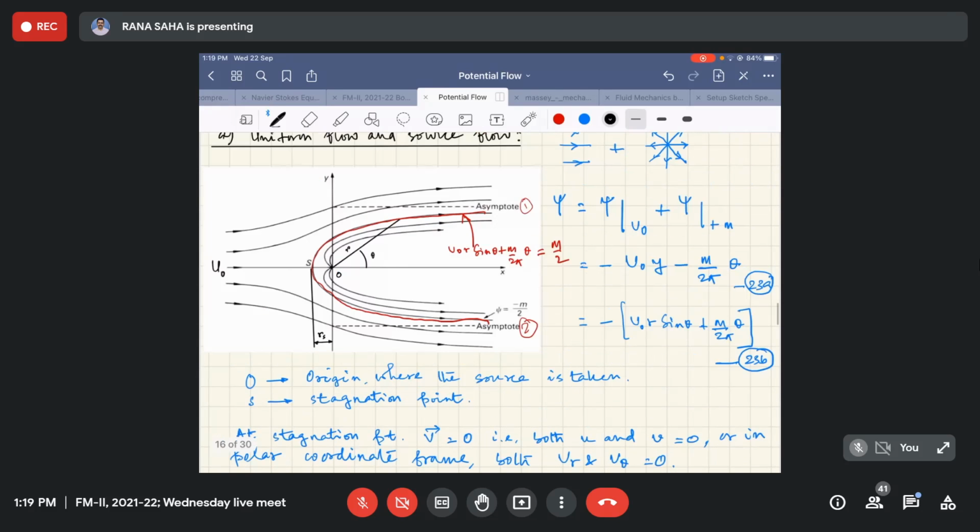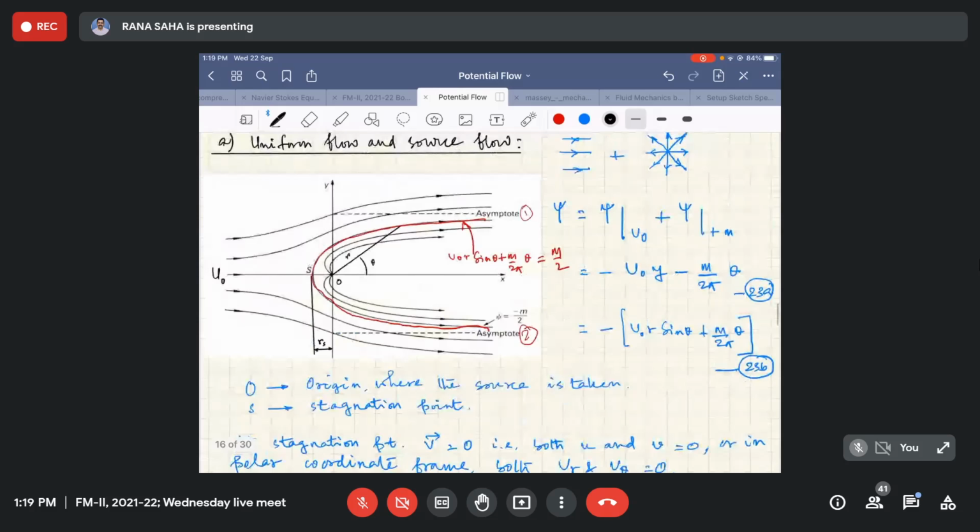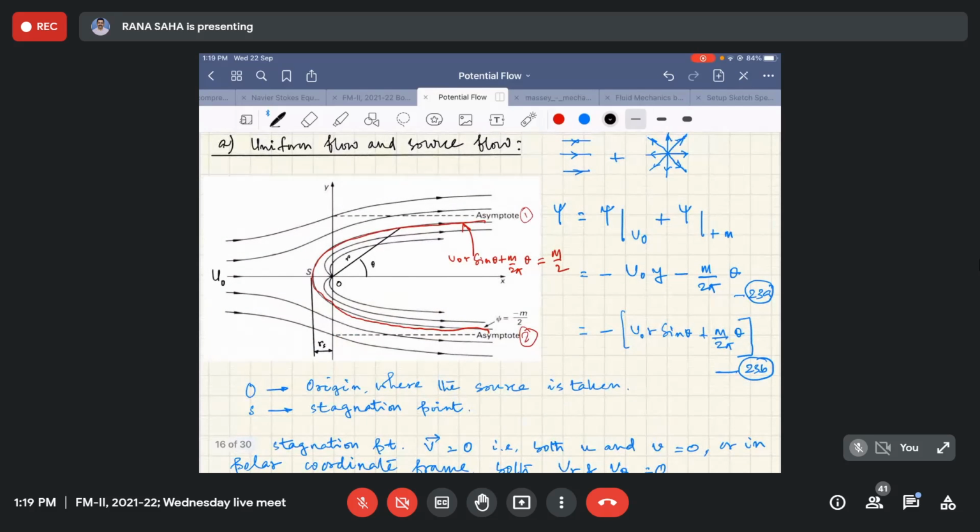Sir, here you have given VR equal to minus 1 by R, d psi by d theta. But in the SK book or any other book, the sign convention